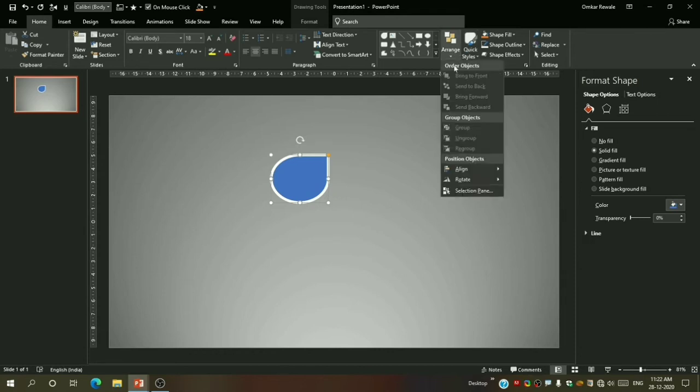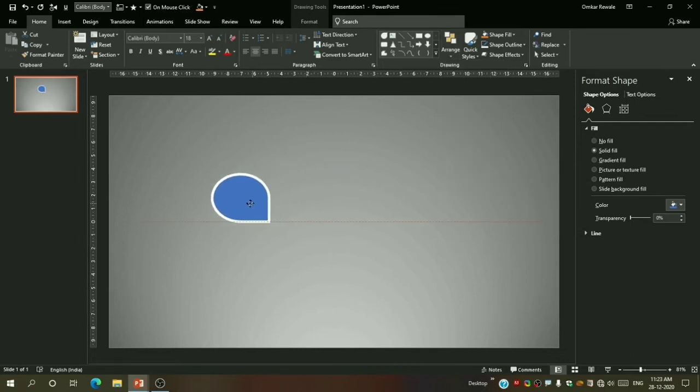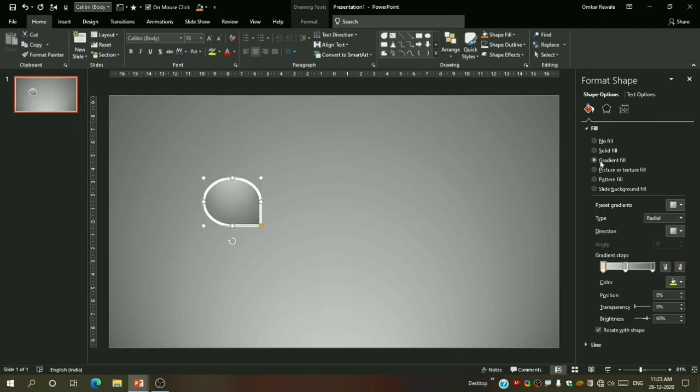Okay, and then in Arrange I will rotate this vertically. Now let us fill it. I will go to gradient fill, and here we will need 4 stops in gradient stops. Let us start from the first.